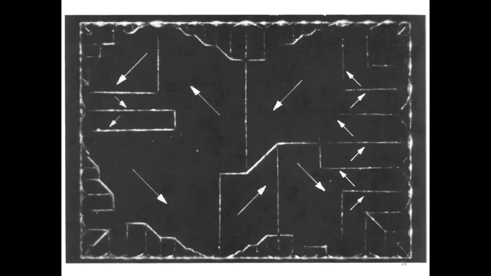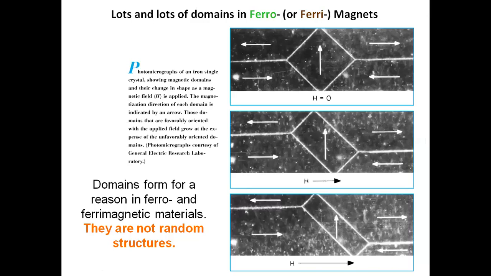So what is a domain all about? In a ferromagnetic material, you find this small region where the magnetic moments, the magnetic dipoles, are randomly oriented. You can see this. This picture is a microscopic view of the magnetic moments or magnetic dipoles existing inside the ferromagnetic material. So here they are randomly oriented.